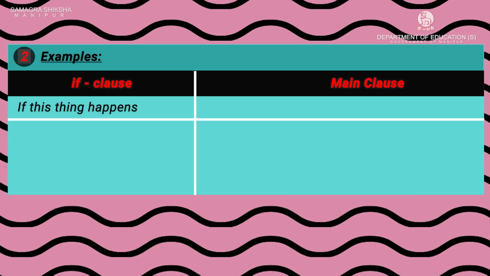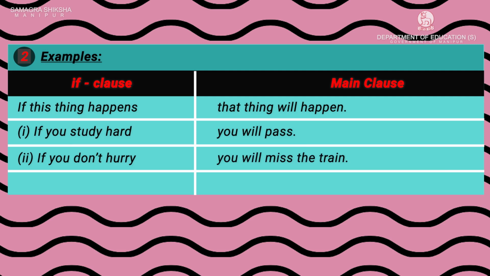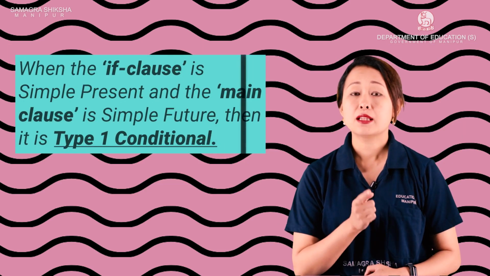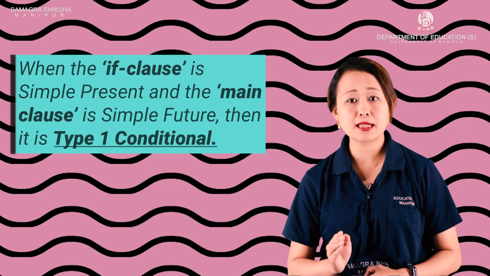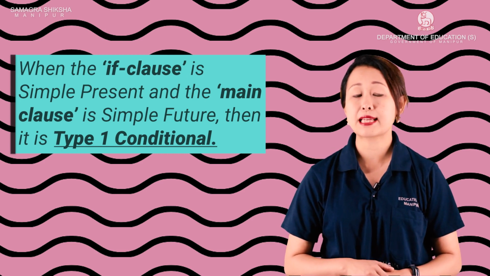If this thing happens, that thing will happen. If you study hard, you will pass. If you don't hurry, you will miss the train. So, the if clause is if plus simple present. The main clause is will plus base. So, this is simple future. So, when the if clause is simple present and the main clause simple future, then it is called type 1